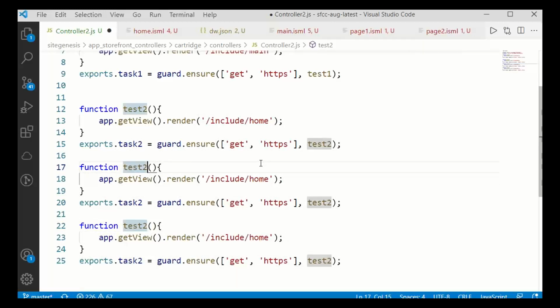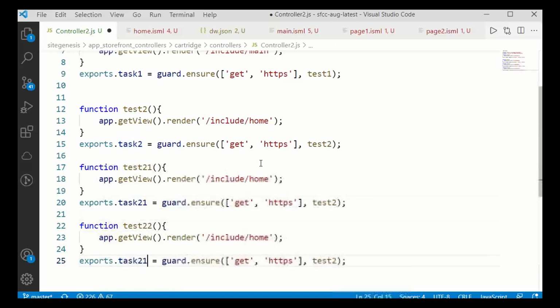Let me give names 2 1, 2 2. Even the task names are 2 1, 2 2.